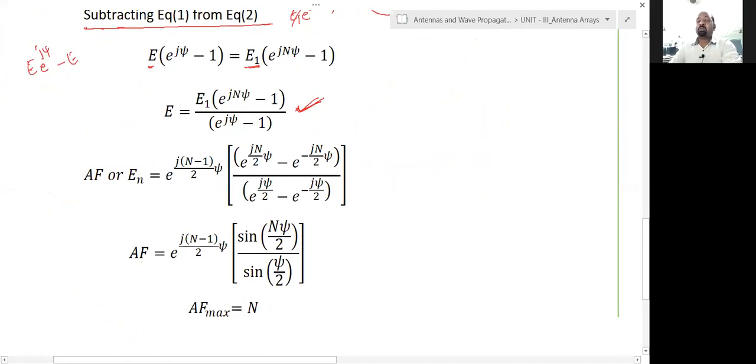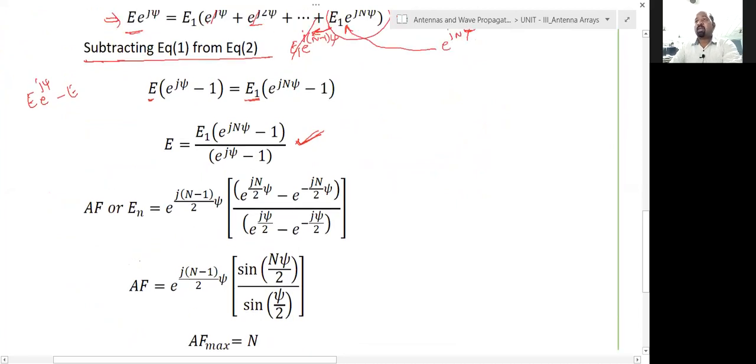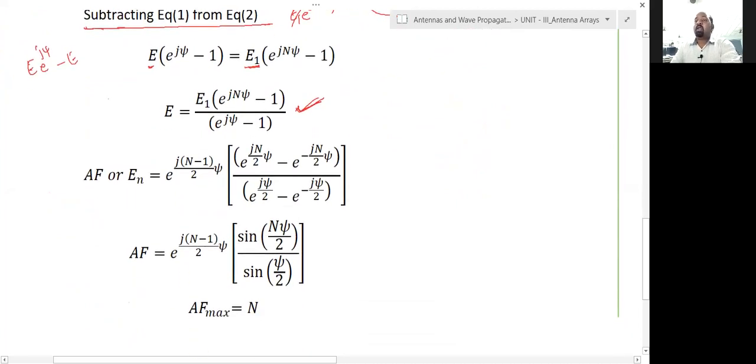And this is the way to simplify series type equations, right? And now the array factor, not the normalized value. Further simplifying, taking e power j n minus 1 by 2 psi common from this, right? From this, taking e power j n minus 1 by 2 common here, and you'll get this. You can simplify that, right? So like this,